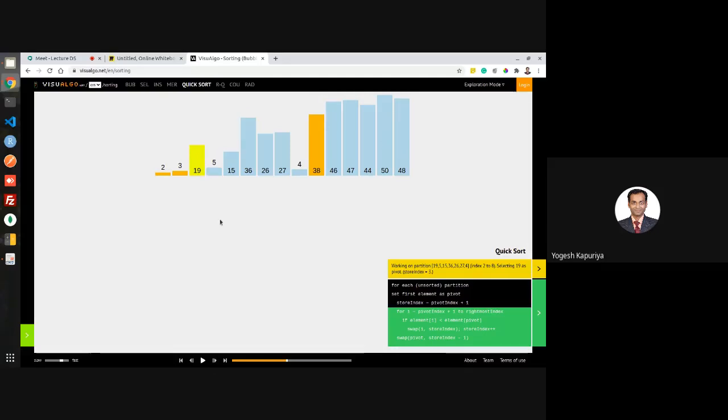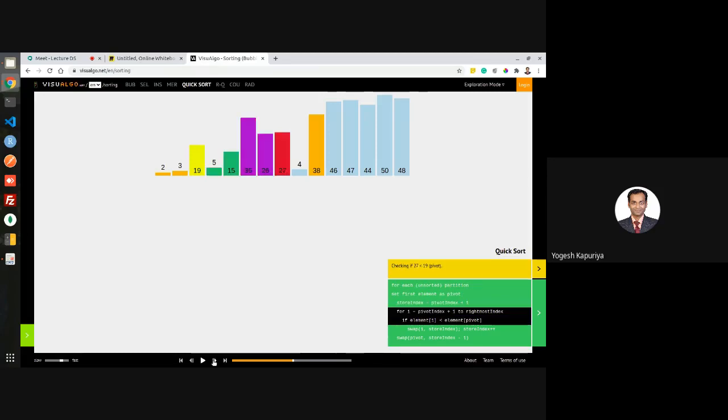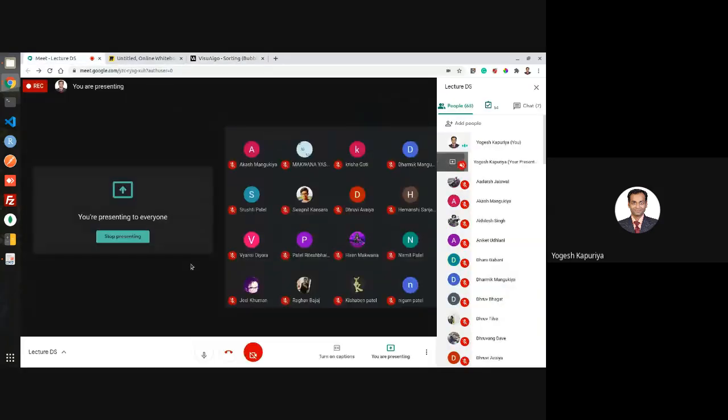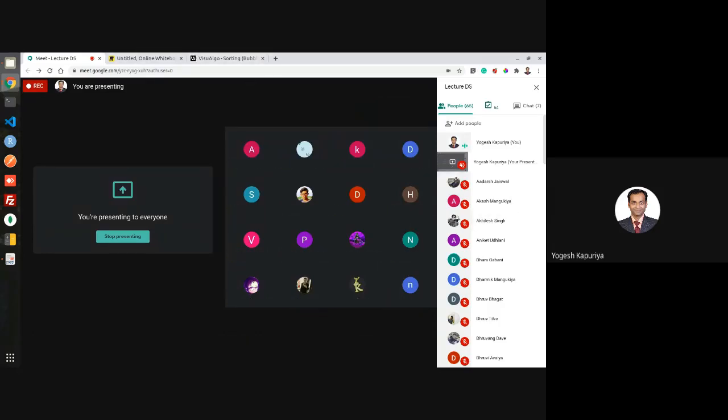See, this particular tool is not good for visualization. You will not be able to understand the actual visualization of what actually happens. And that's why I show you manually, right? I know there is some issue with the visualization or understanding of it. But you just need to understand that pivot element is an element which is to be placed after every iteration. That's what we are doing. And once you put that element at a place, you have two parts which are to be sorted independently. So that's what we are doing. I hope you got the answer to your question.